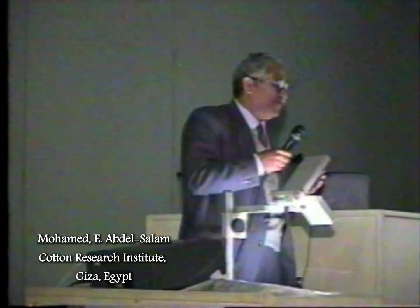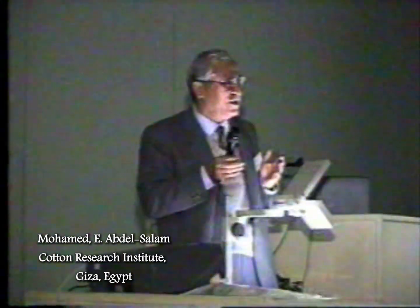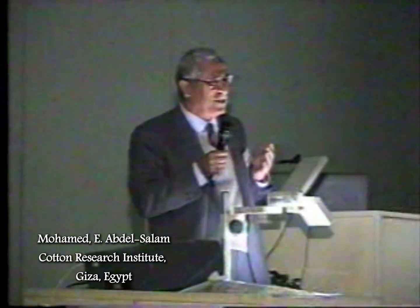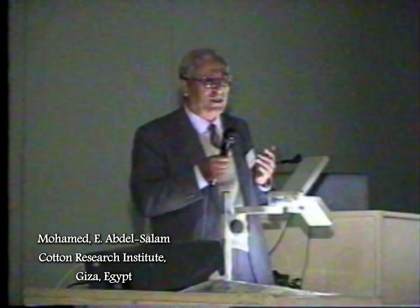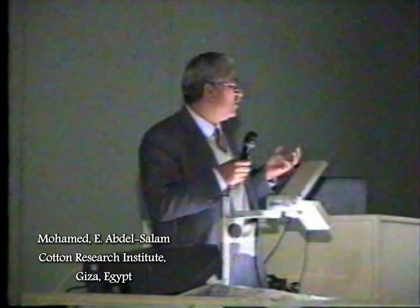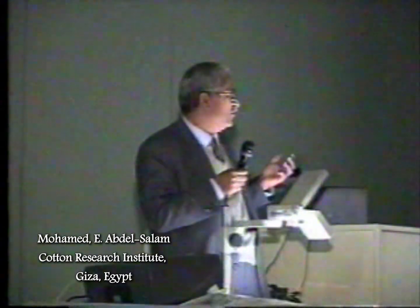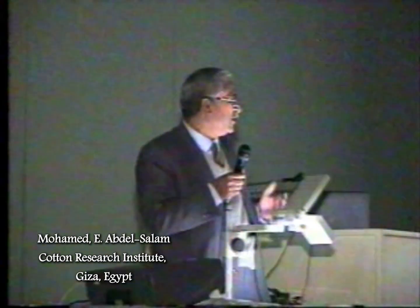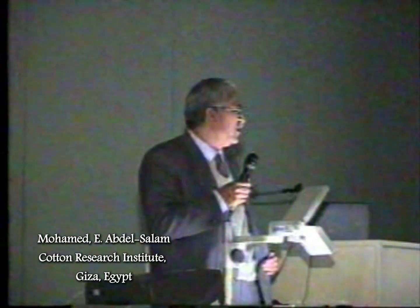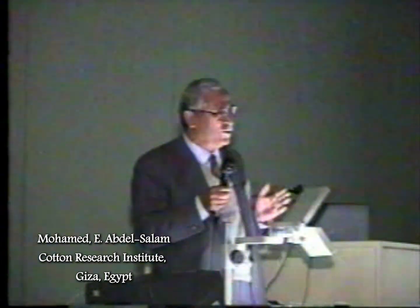In conclusion, we found that our work on cotton should concentrate on constructing a model for the cotton breeder, the cotton producer, and the spinners, and also in the future for genetic engineering, for improving cotton through genetic engineering. So we have these quality improvement approaches. First, fiber quality parameters as looked at by the spinner, and the origins of these parameters as looked at by the fiber specialists, and accordingly the means of change and what should be done to achieve future improvement have been defined. We actually constructed models for the cotton breeder, what he should do to select better quality